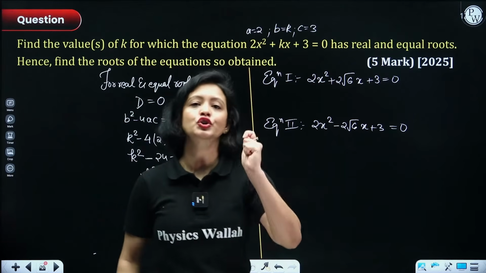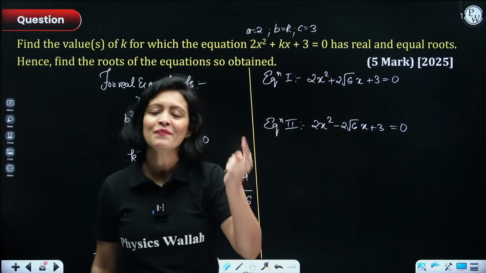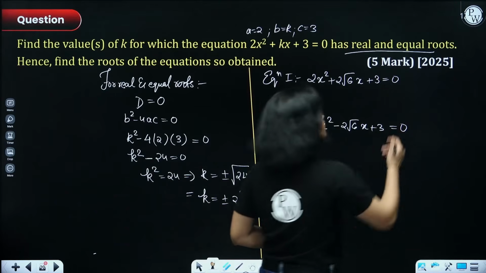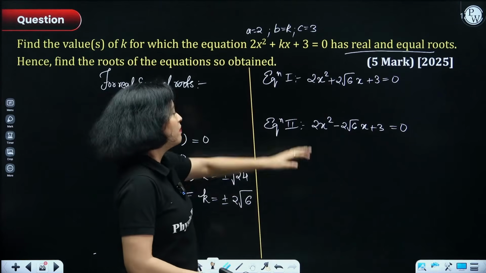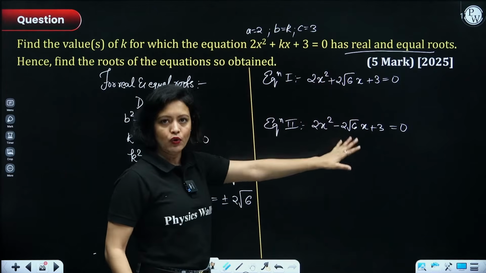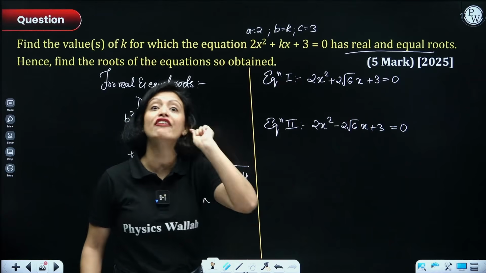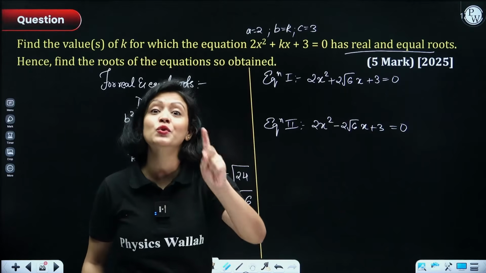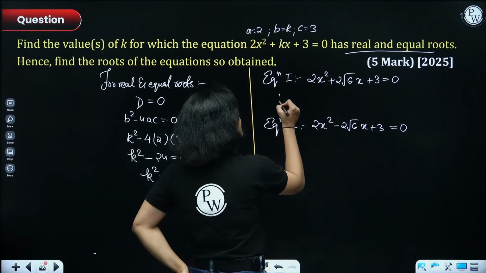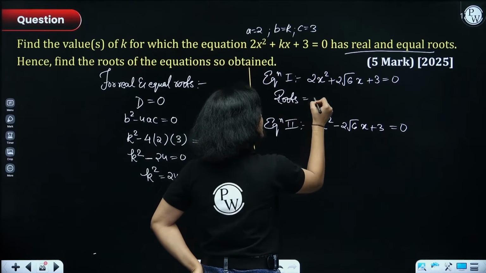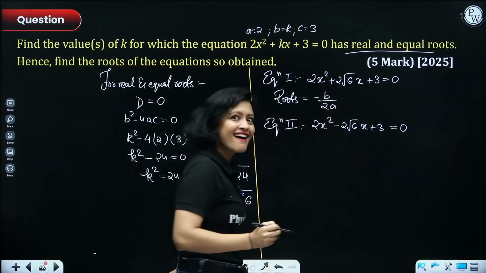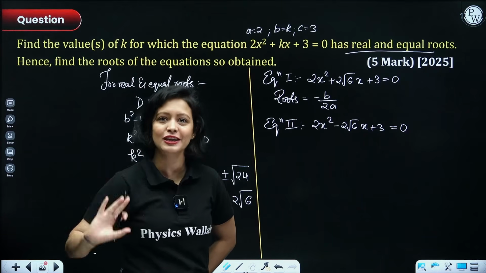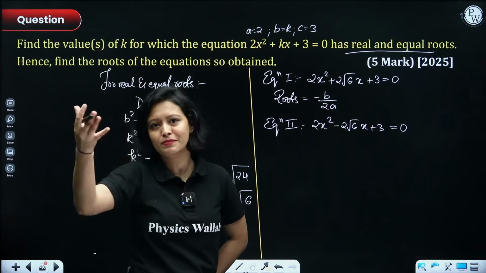Now here, guys, use smart work. What is that smart work? We know that this equation should have real and equal roots. Then only we figured out the value of k, right? So for the values of k that I figured out, both these equations will have real and equal roots. In the case of real and equal roots, the repeated roots would be minus b by 2a. Do you remember? By the Sridharacharya formula, the discriminant is 0, so the under root part is gone, only minus b by 2a remains.